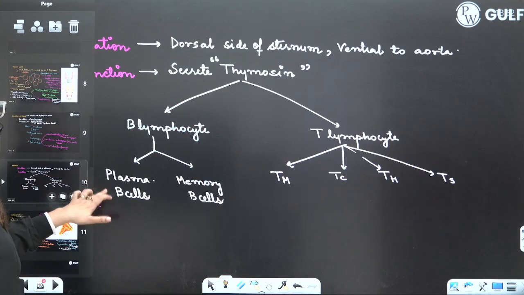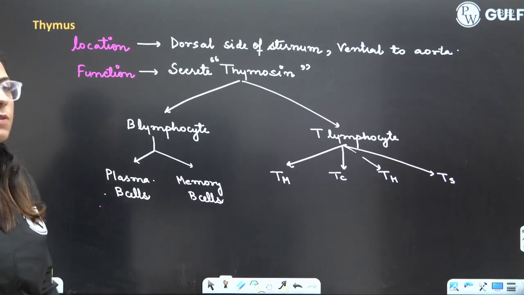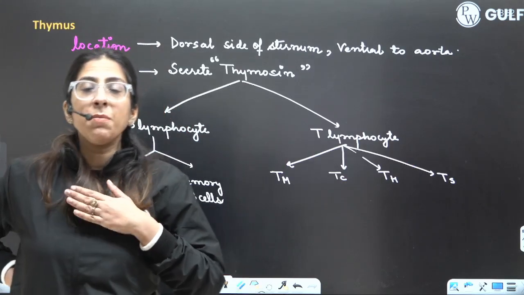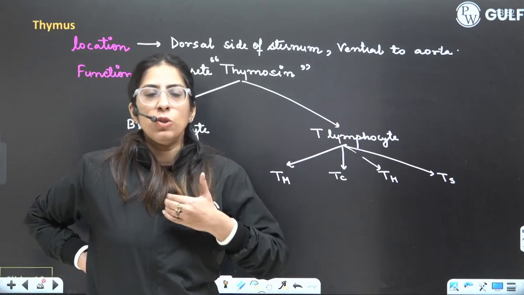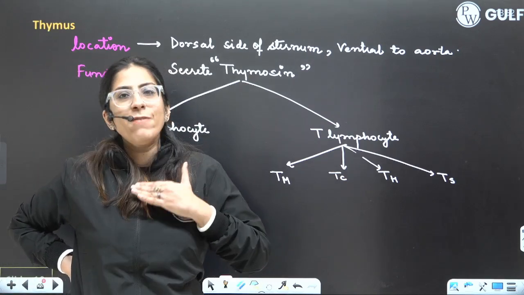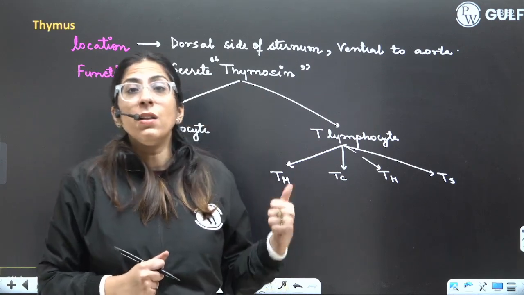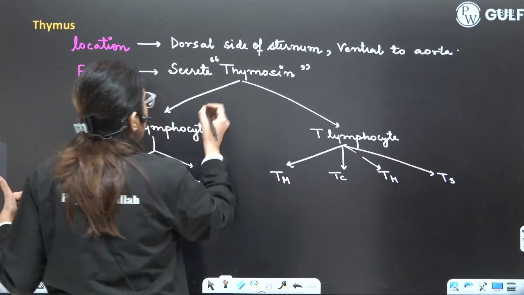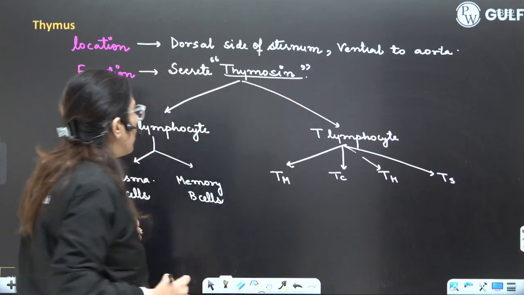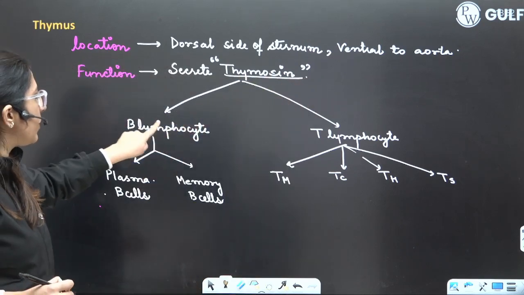Now moving on to the next, which is the thymus. Where is this thymus present? Here. This is the breastbone, the sternum. So at the dorsal side of the sternum and ventral to the aorta and heart, in between the lungs, we have the thymus gland. Thymus gland secretes a hormone which is thymosin, which helps in proliferation of